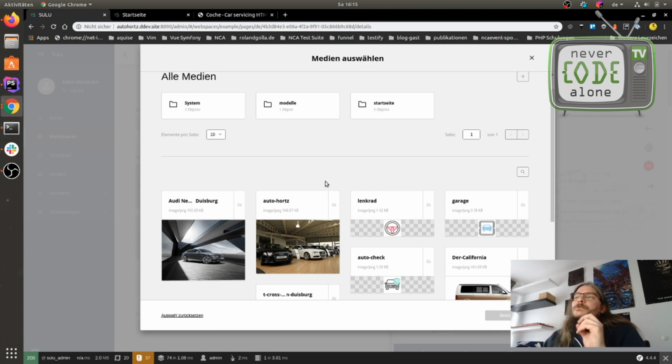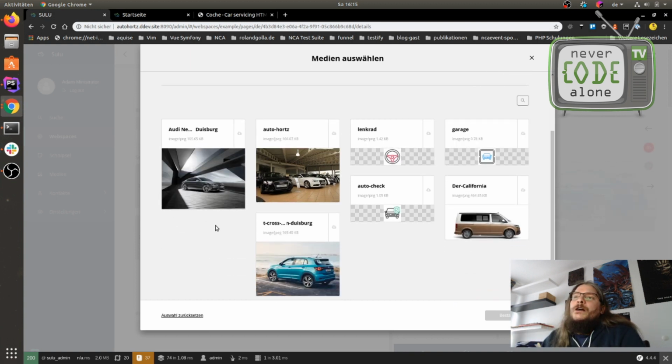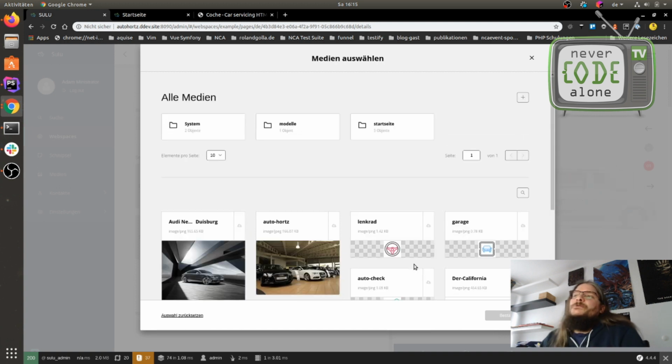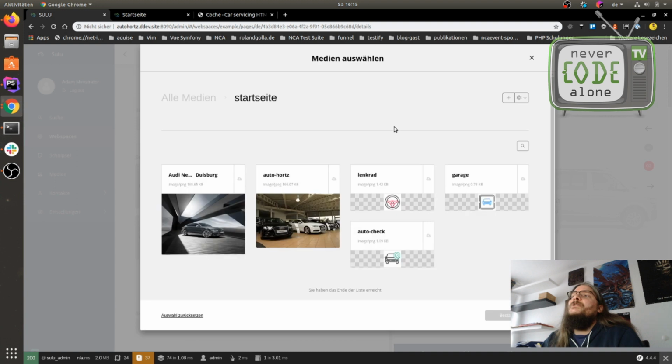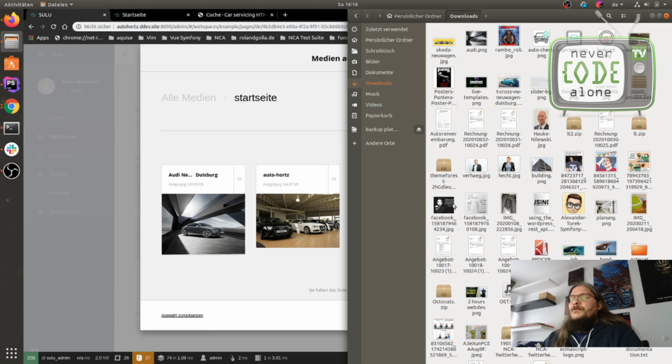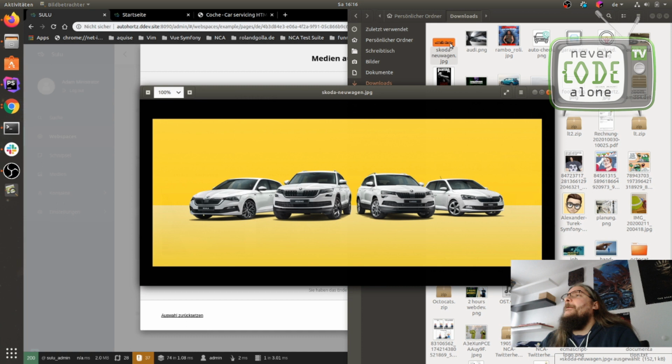You cannot upload your image just here to all media, but the last uploaded images are displayed in a big overview. For me now, here it's start page. So here in my downloads folder, there is the image. I hope that this will work.